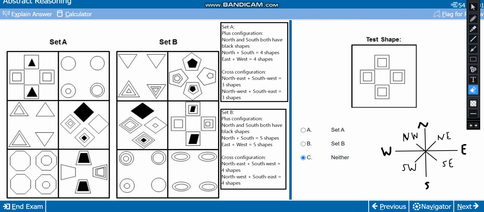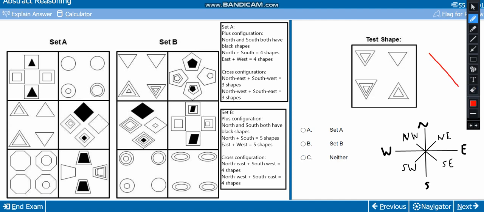Here we have a cross configuration, and if we do some counting, 1, 2, 3, 4, and 1, 2, 3, 4, we can see that this shape is following the rules that are found in set B, where the northeast and southwest and the northwest and southeast both add up to 4 shapes,